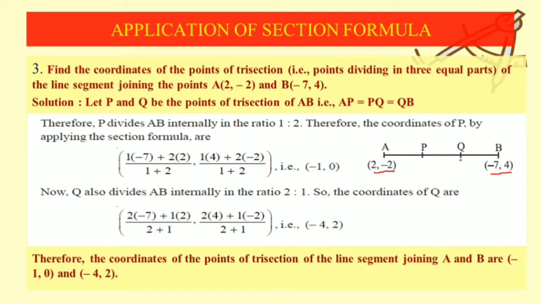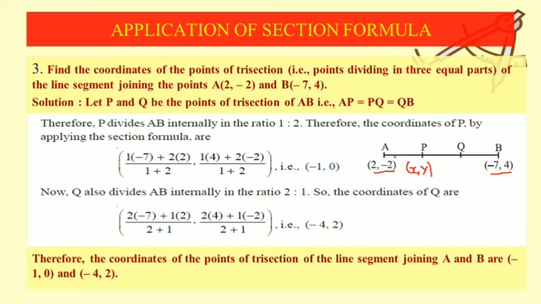So children, here we will have to be a little bit logical. Suppose we have to find the coordinate for P, meaning this x and y we have to find. Now for finding x and y we require x1 y1, we require x2 y2, and the third thing we require is the ratio. Now how to get the ratio? It is very easy. This line is divided into 3 equal parts.